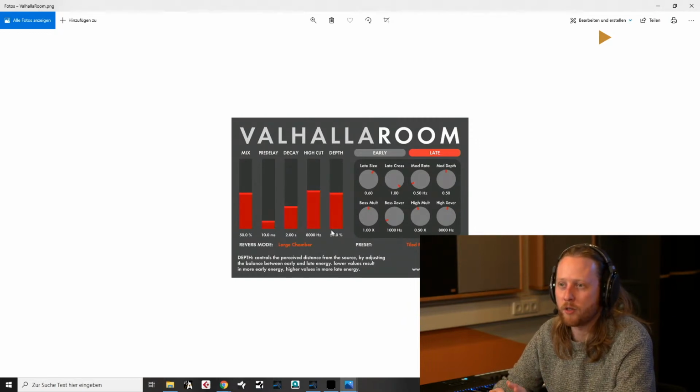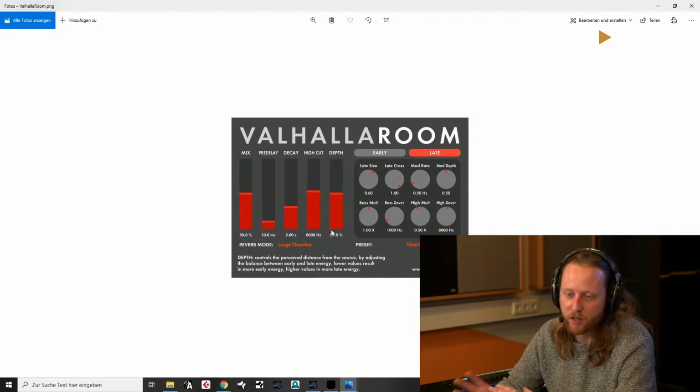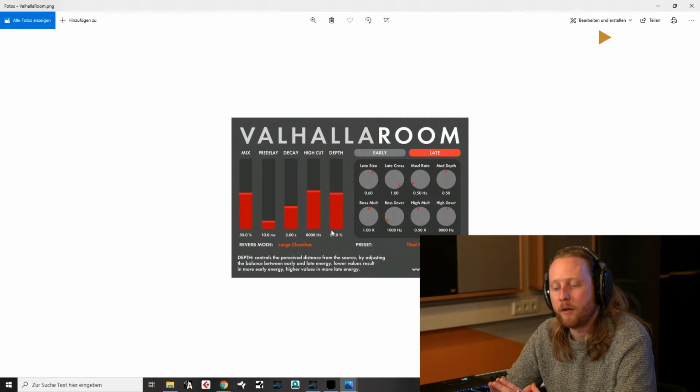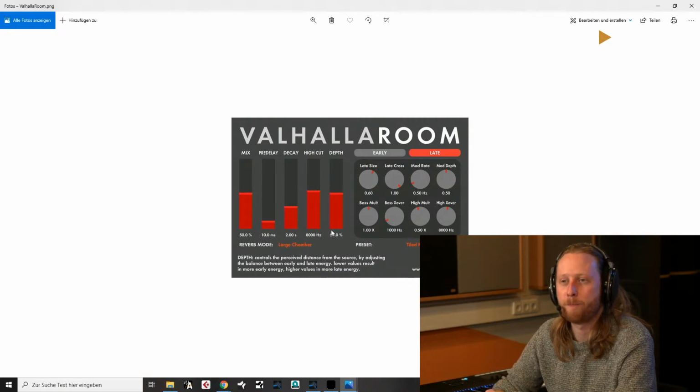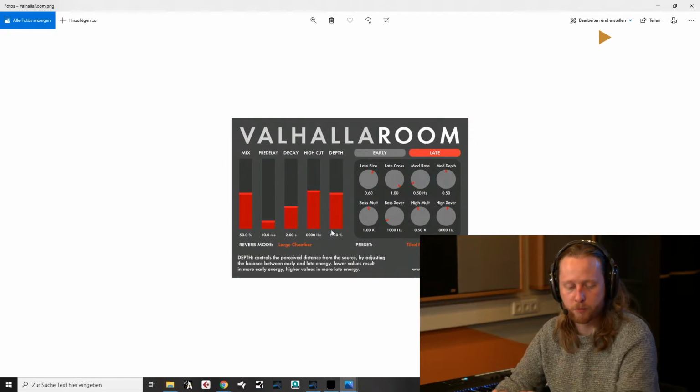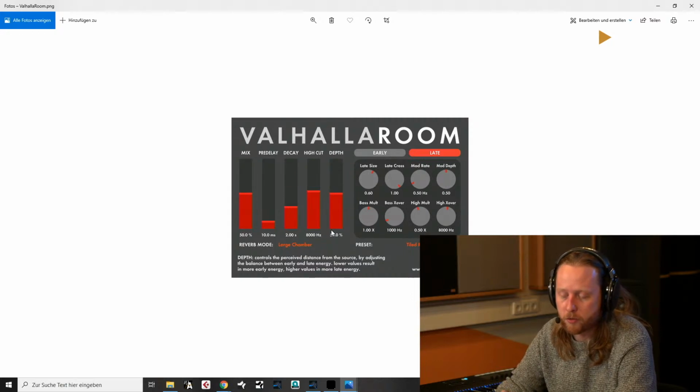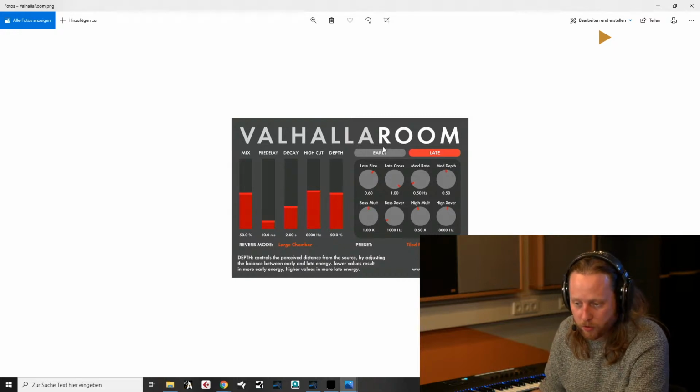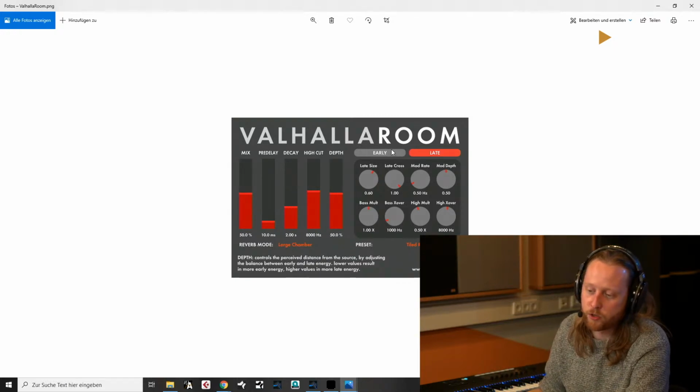You can use reverbs with only or almost only early reflective patterns to put something, especially something which was recorded too dry or something which comes out of the box, something like a virtual instrument or something without any room information. You can put that into a perceived space without muddying your mix if you only use early reflections or mainly early reflections. And some reverbs, as this one, for example, give you the option to manipulate the late and the earlies